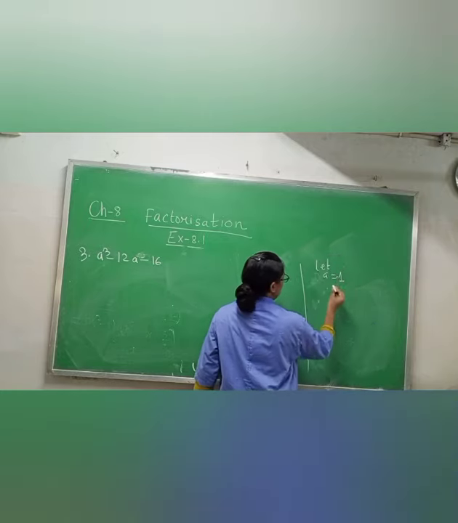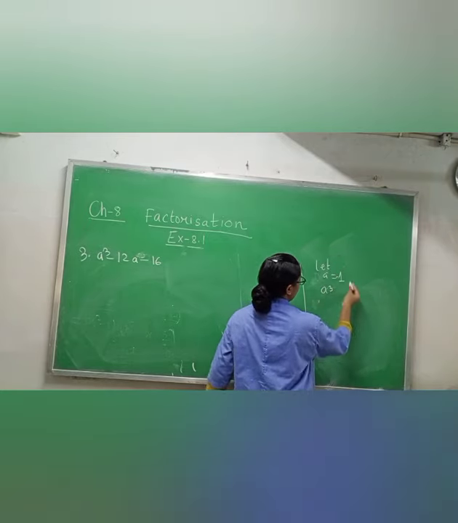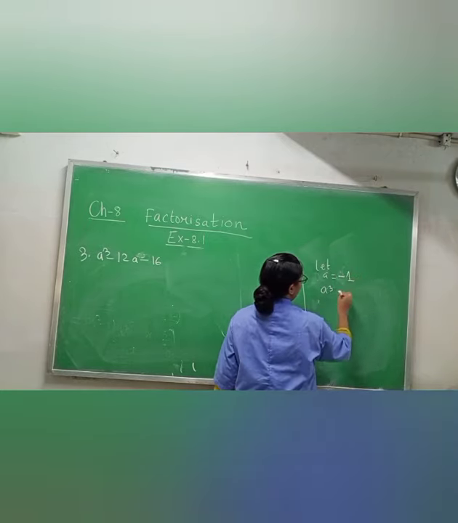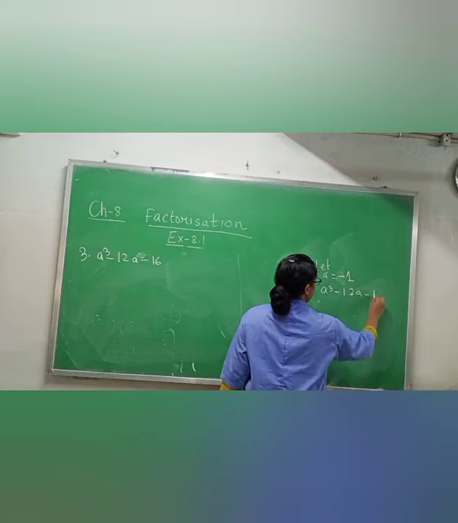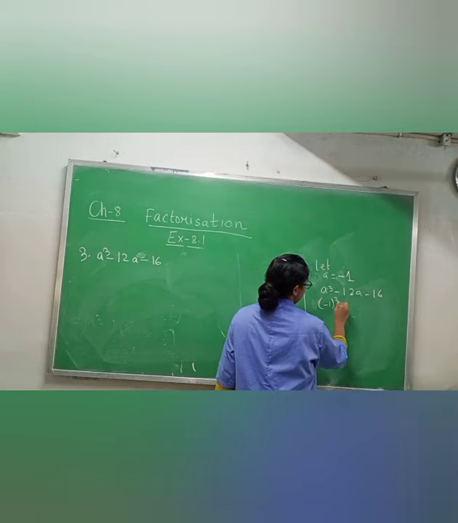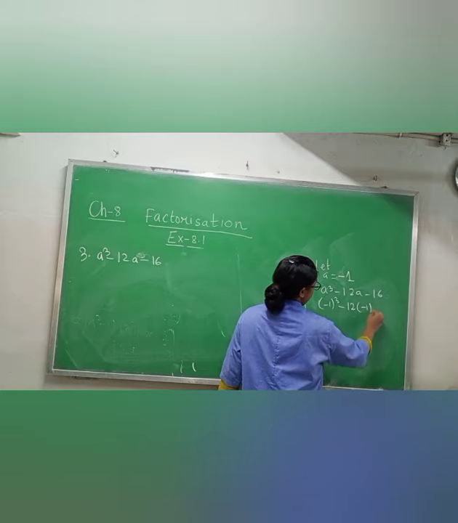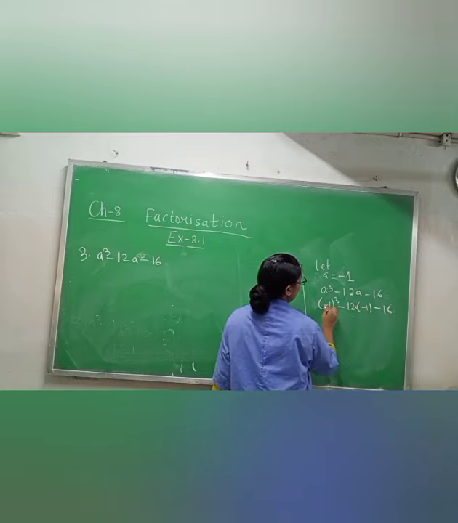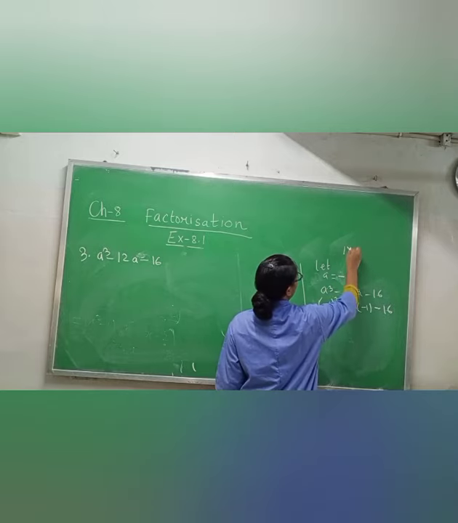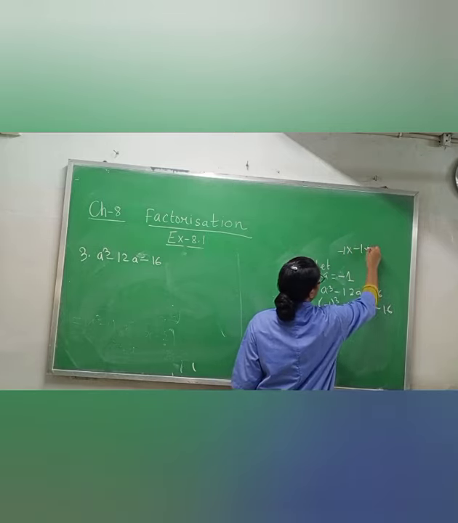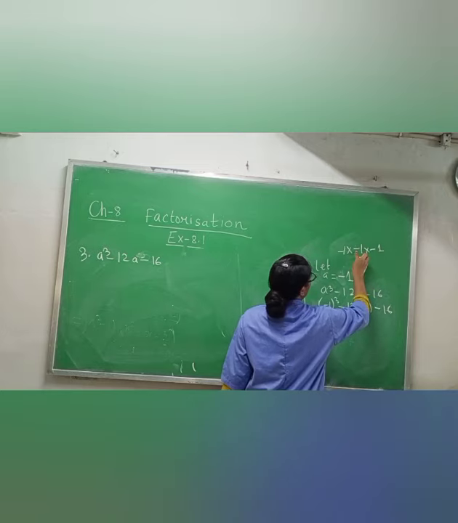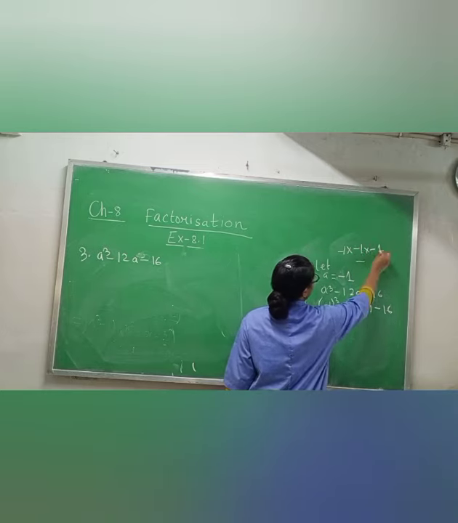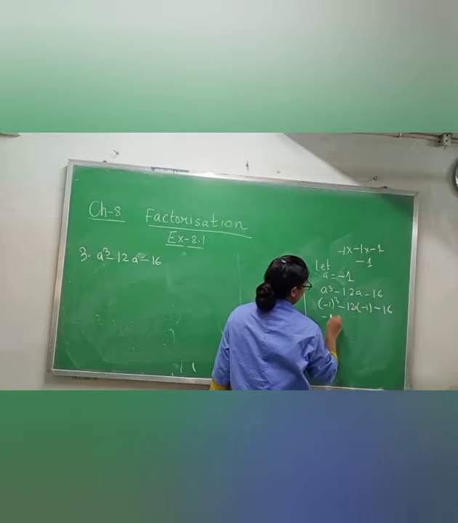Okay, now take minus 1. Now again I am taking a value minus 1. Why am I writing the bracket? Because there is a minus sign. So minus 1 cube. Minus 1 cube means minus 1 will multiply 3 times. Minus times plus is minus, 1 into 1 is 1, 1 into 1 is 1. So we will get minus 1.